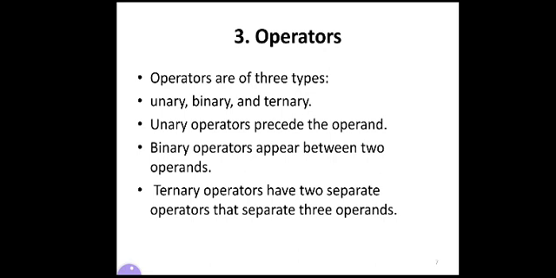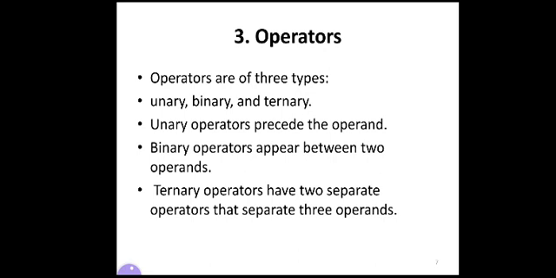Whereas in the binary operator, similar to the unary operator, only one operator is used, but the difference is there are 2 operands. In a binary operator, there are 2 operands available with one operator between them. That is the difference between the binary and unary operator. There are many binary operators available; the maximum number of operators in Verilog HDL are binary.